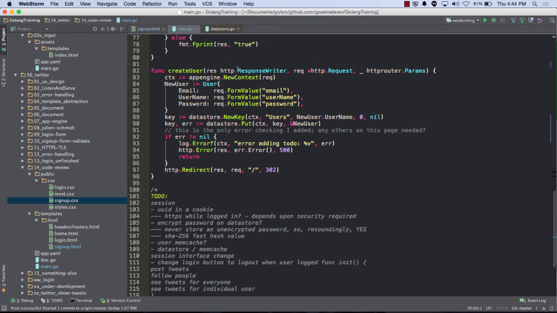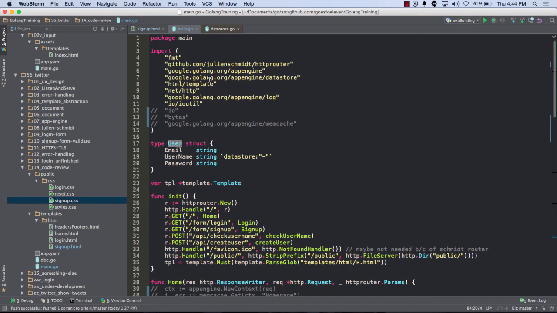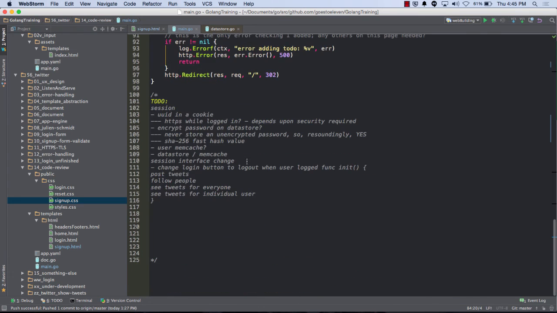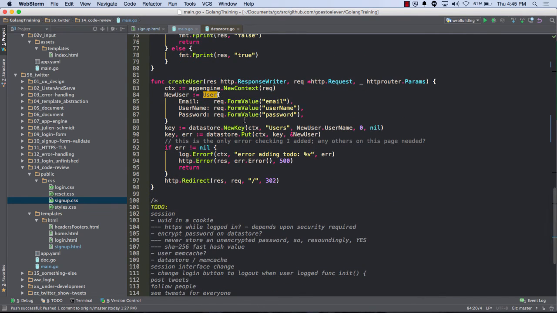So we have the form come in. We just create a new user, right? And the new user is of type user, and that is defined right here. It's a struct with those fields. Cool. And we'll see what this means here in a second. And then we get the form values, and we put them into there.